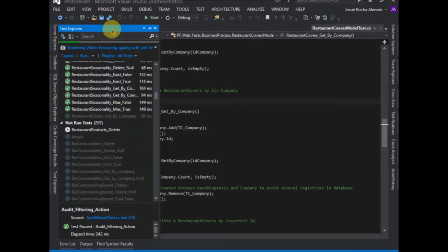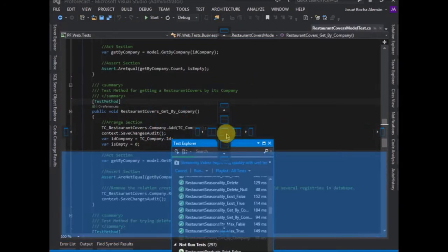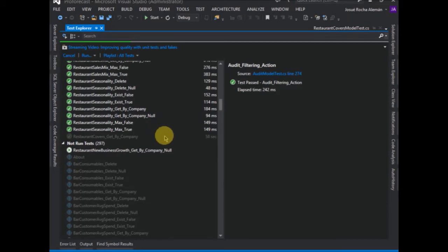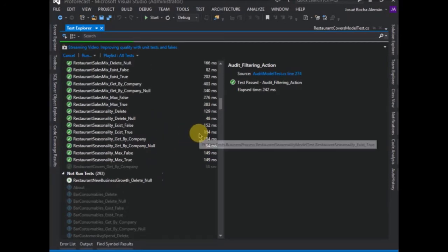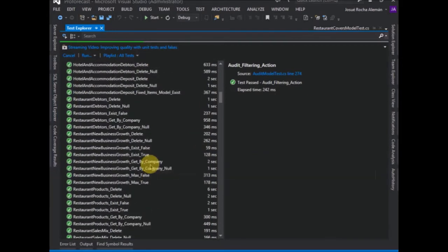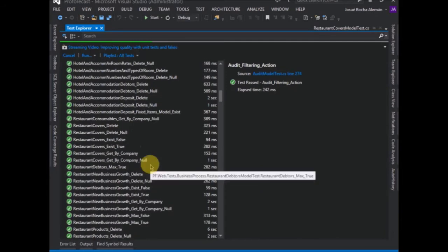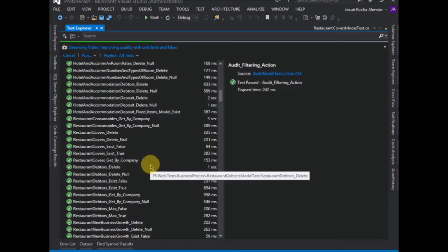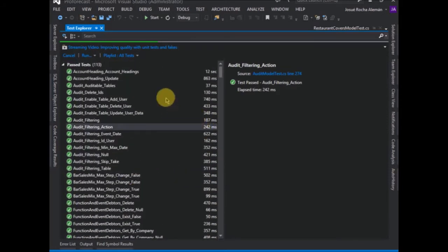Let's put this in a bigger size. One of the greatest things about the test explorer is that you can sort your unit tests by outcome, meaning how they come from the results, by class, and one of the most important, I would say, by time. You can sort your results by time, and it will help you know which unit tests take more time to run than others. That will help you to improve your development,